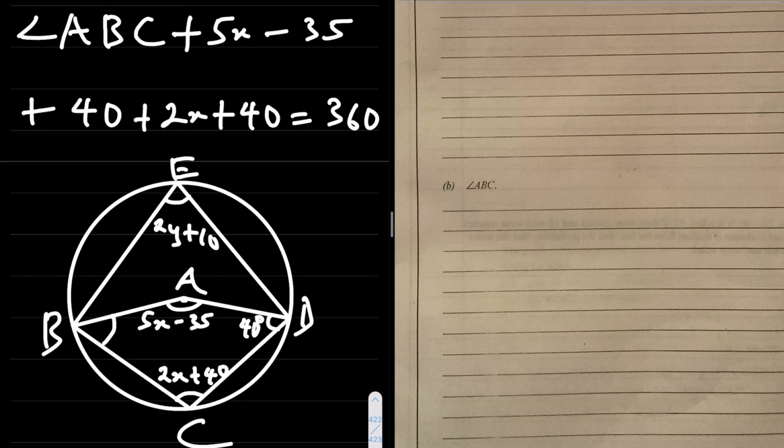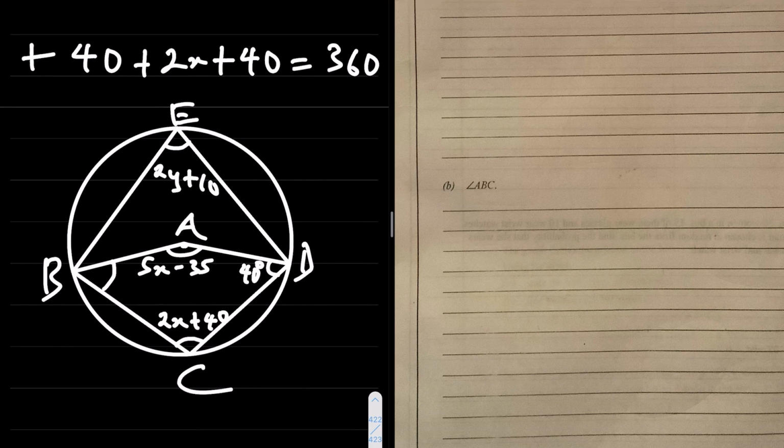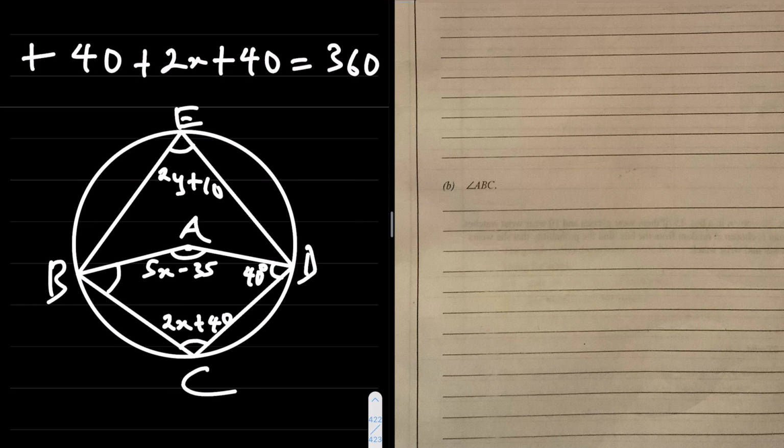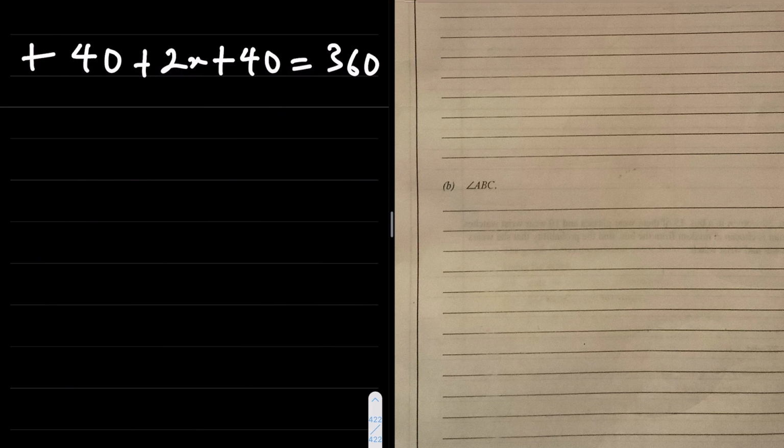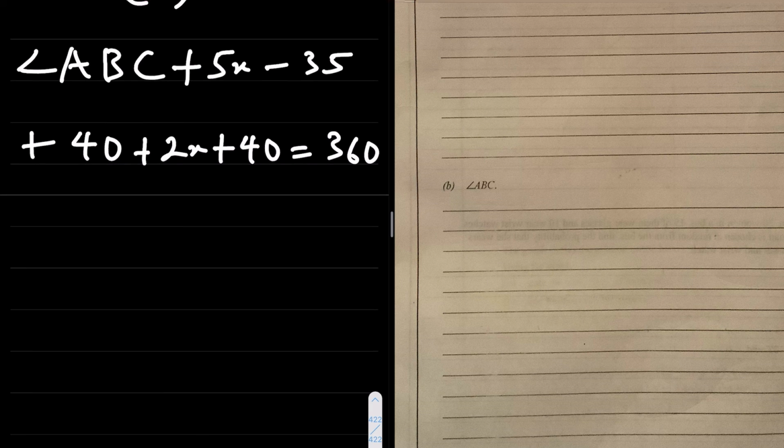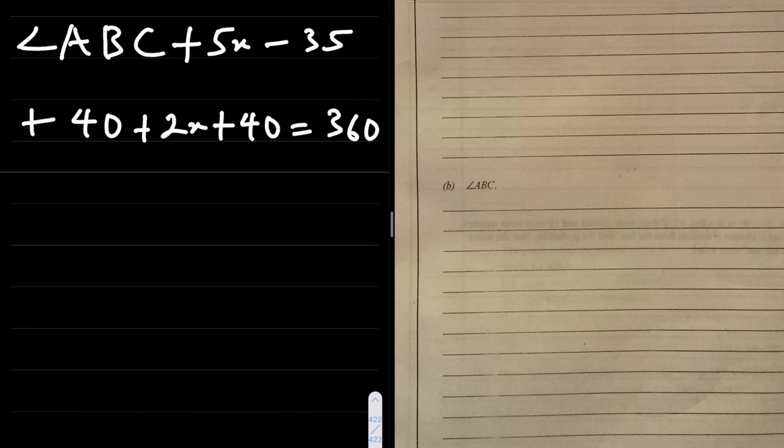Let me delete the area. Let's take this out. Equals 360 degrees, sum of angles in a quadrilateral, and that simply means angle ABC